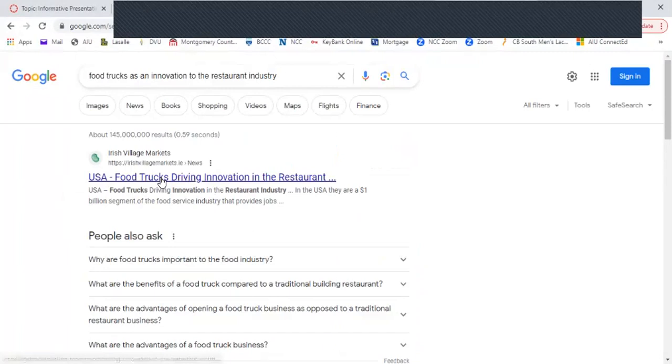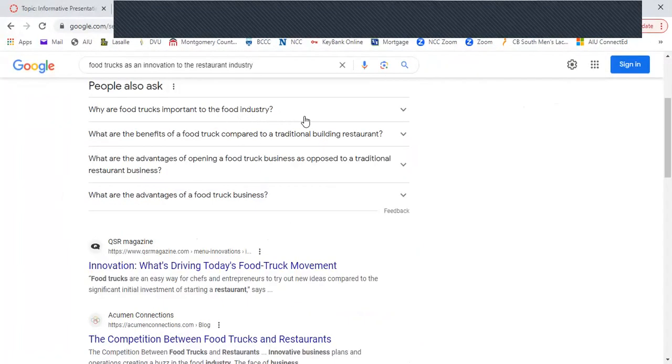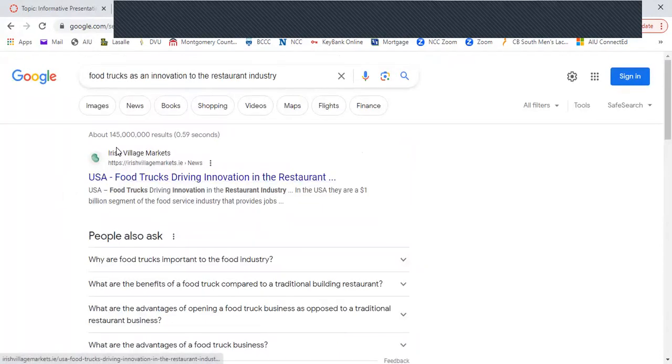Now we also have the people ask: why are food trucks important to the food industry? What are the benefits of food trucks? Look, these things can already start to give you talking points. But now we've cut our results almost in half, from 313 million to 145 million. So we're getting there, folks.